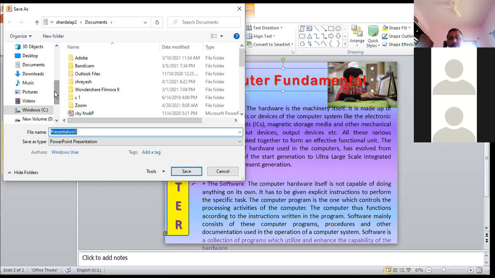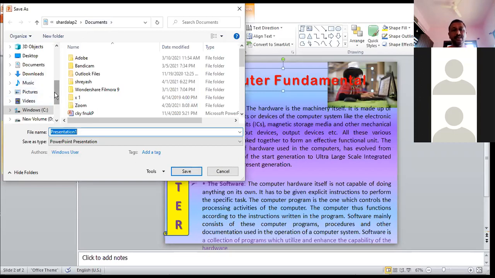Suppose I need to save it in My Documents. Otherwise, generally what happens is that by default every application has a setting. Once we save our file, it goes into the memory of the computer and it is stored by default in Documents. Remember that where it is saving. By default, in Documents, we can find our file, not in any other place. Where does it go? In Documents. Did I change anything here? Already it is set. By default, it is happening. That means the setting of file saving: our documents or any contents will be saved in Documents, My Documents, we can say. Then we can save our file there.